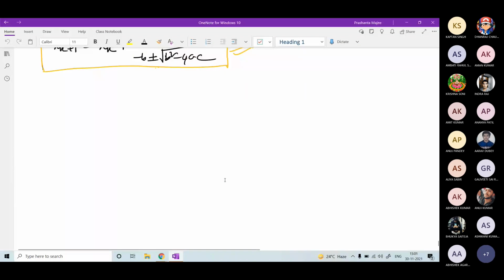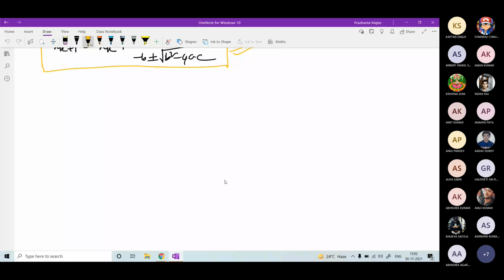In Mueller's method, the part of the graph near the root is approximated by a parabola or a quadratic polynomial. In that quadratic polynomial, put y equals 0 and calculate the values of x. The value of x for which the height y equals 0 is our next approximate root. Let us quickly recall, because I will be solving one example.